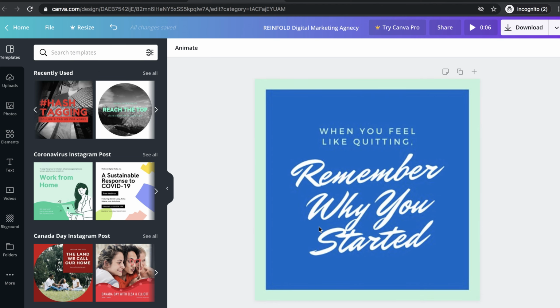So I'm making use of this post. So this is simple and easy. So that is why, but I don't want to keep the background colors the same. So I'm going to change it.